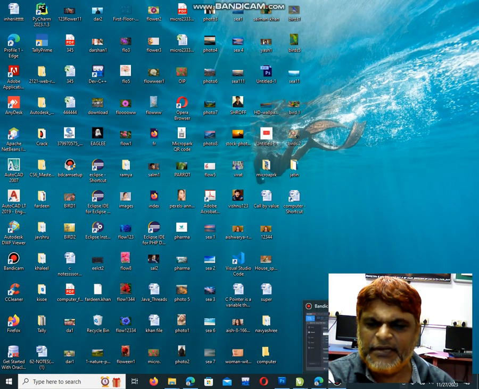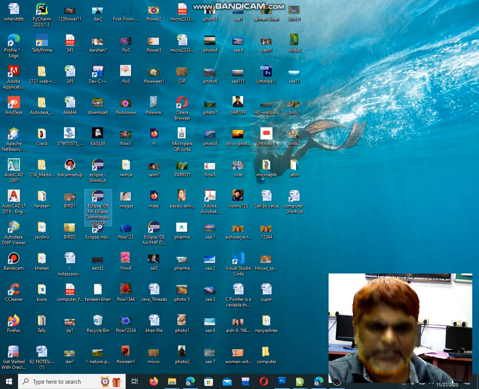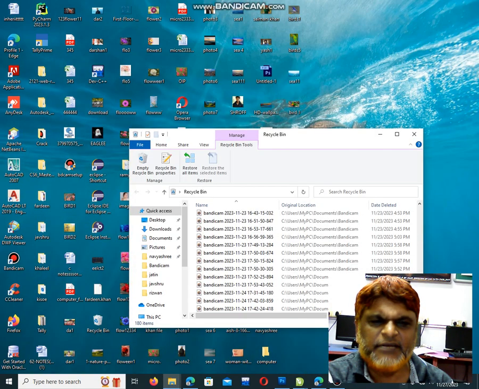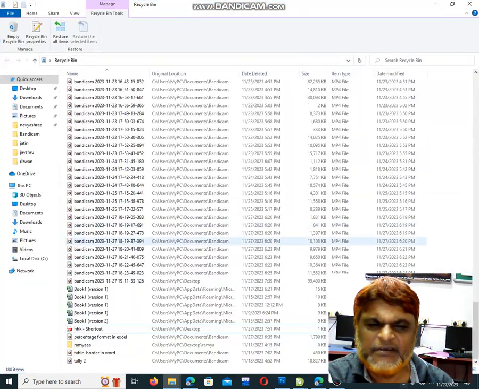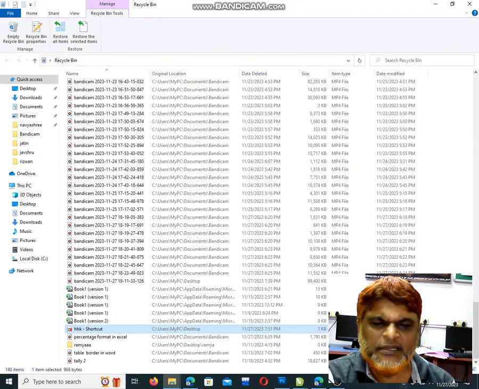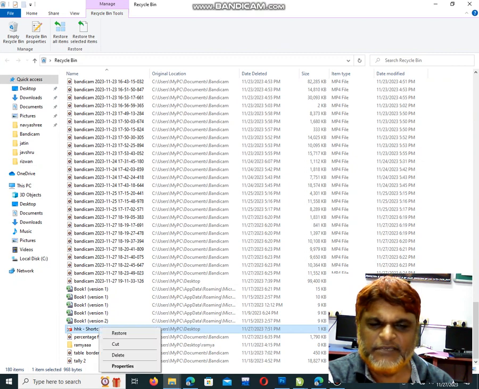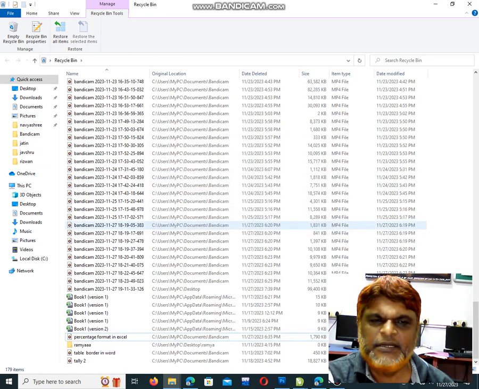Again go to the recycle bin. If you want to restore the first file which I deleted, click on this. Select the file. Which file is that? This one. Suppose I don't want it, what will I do? Once I delete the file from the recycle bin, I cannot restore it again. Totally the file will be removed from the memory.